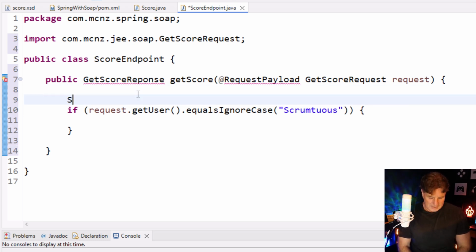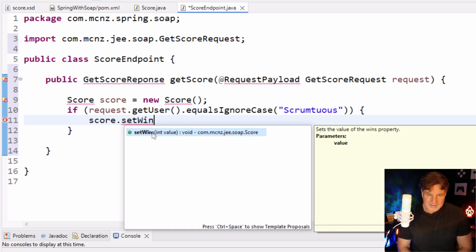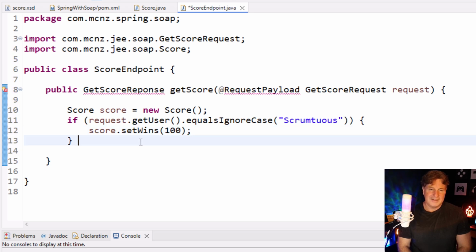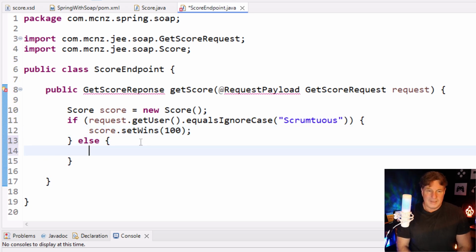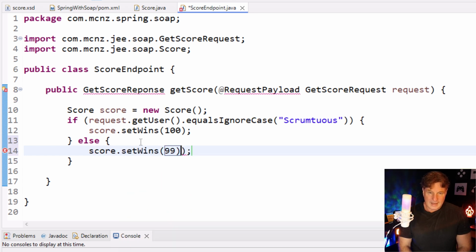well, I mean, theoretically it would look this all up in a database, but instead what I'm just going to do is I'm going to create a new score object here. And down here, what I'm going to do is score.setWins and set the wins to 100 for scrumptious. And then we'll just say if anybody else comes in, we're just going to do score.setWins to 99,